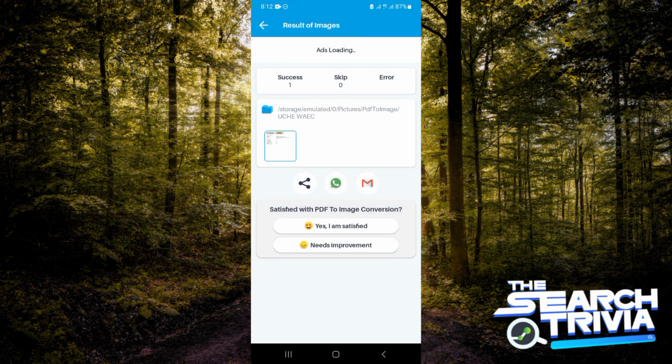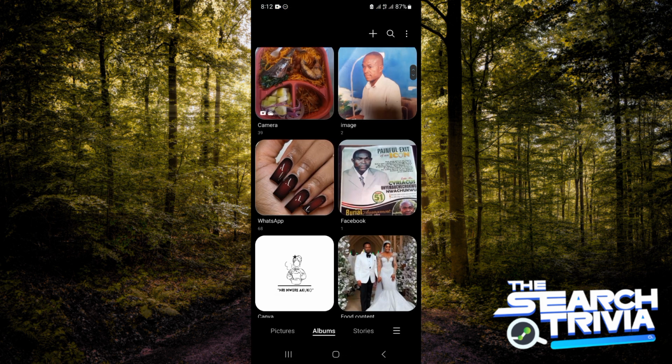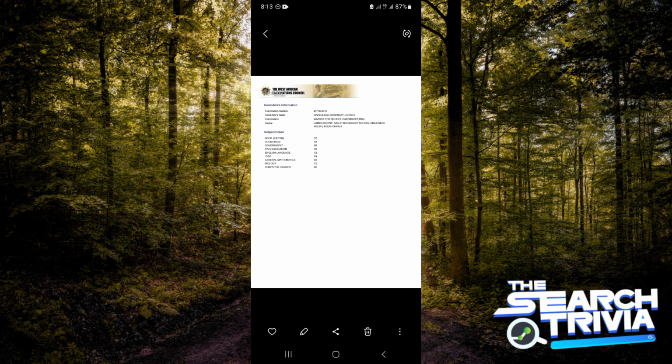And now guys, this is how easy it is to save documents as photos on Android. Now I would like to show you the document in its picture format, and this is what it looks like